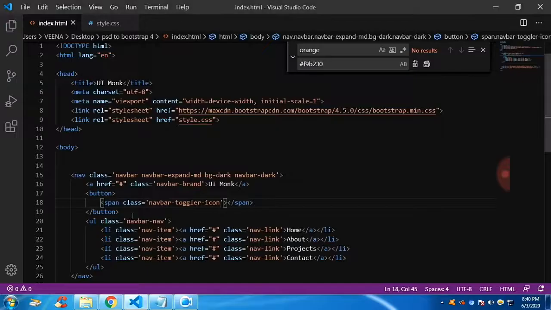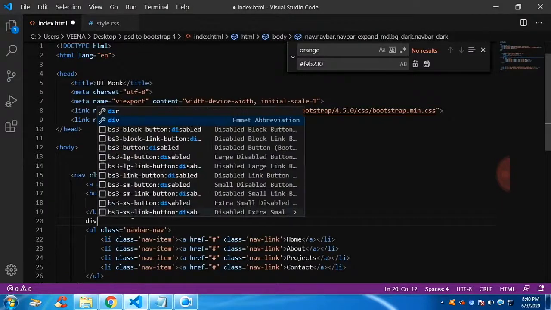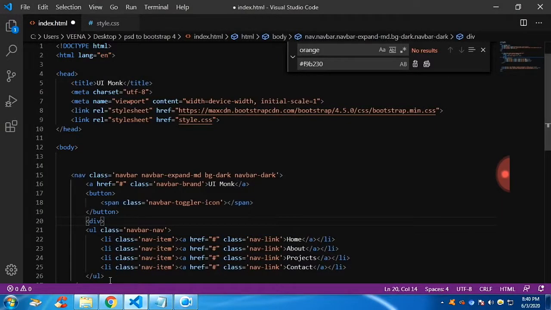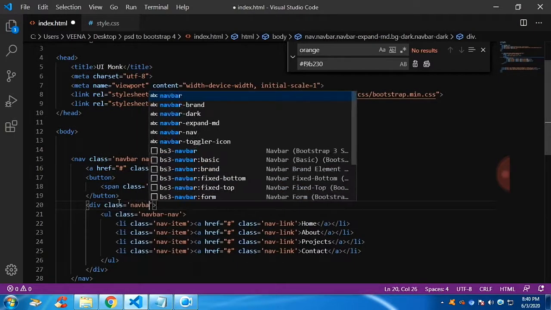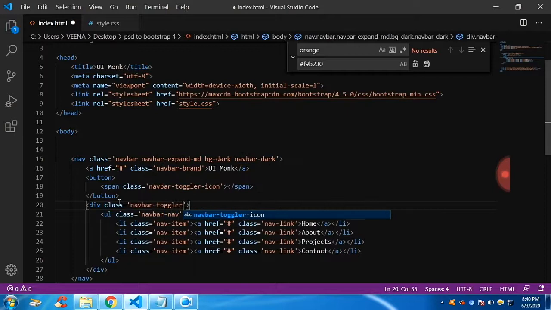So in place of links I want the button. So let's surround the links with a div, and this div should open and close when I click on the button. So for that, let's give the class navbar-toggler, and data-toggle should be collapse, and data-target. All these things should come inside the button, not on the div.